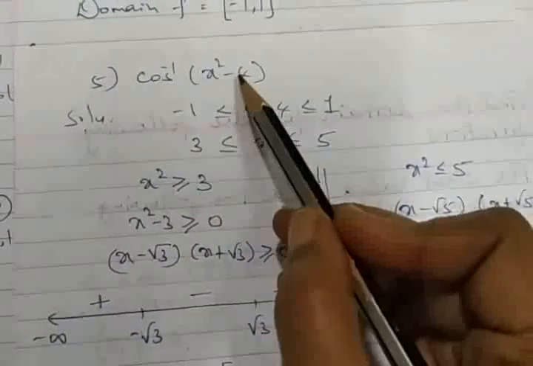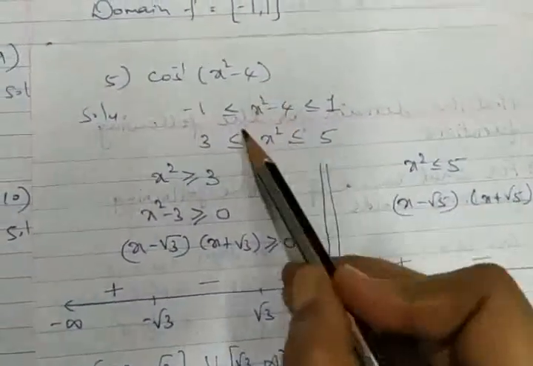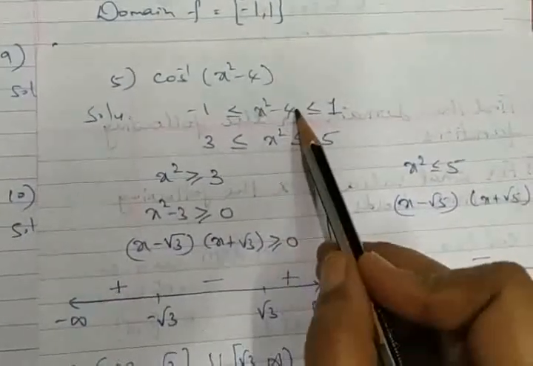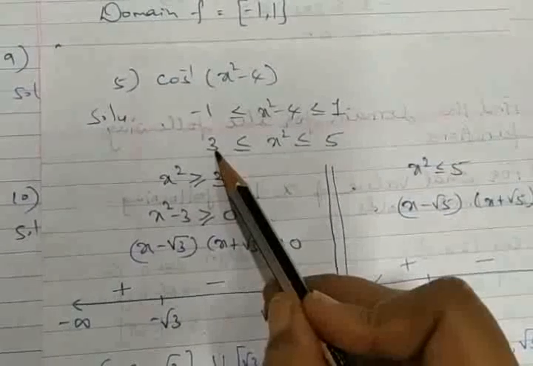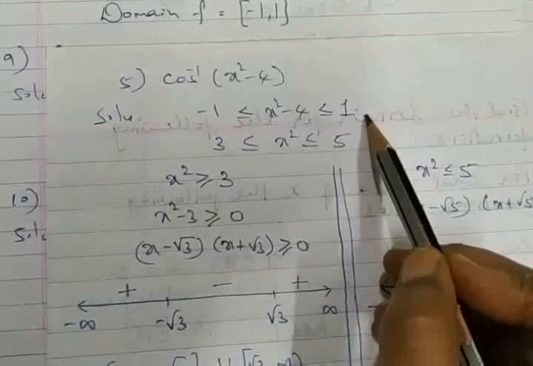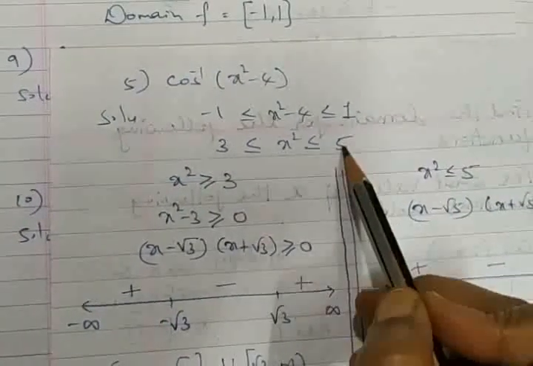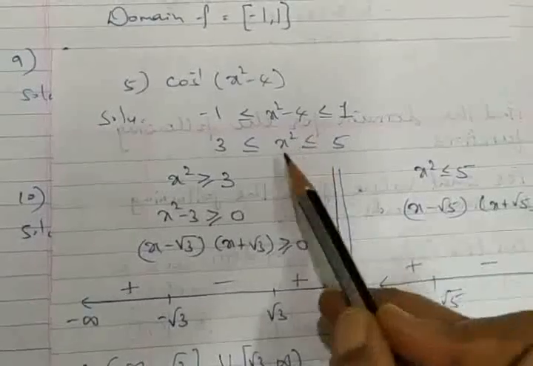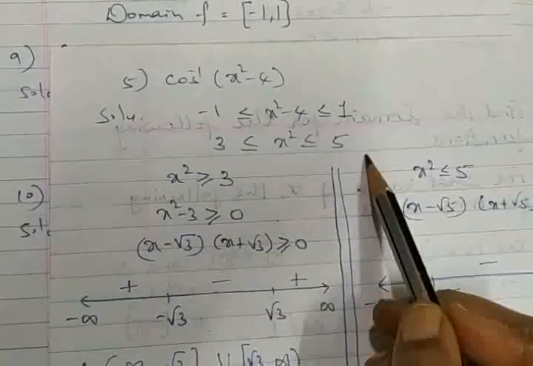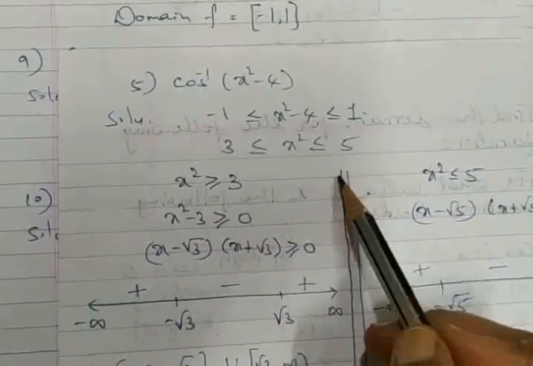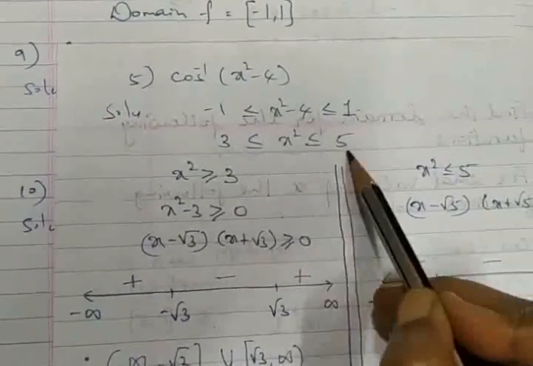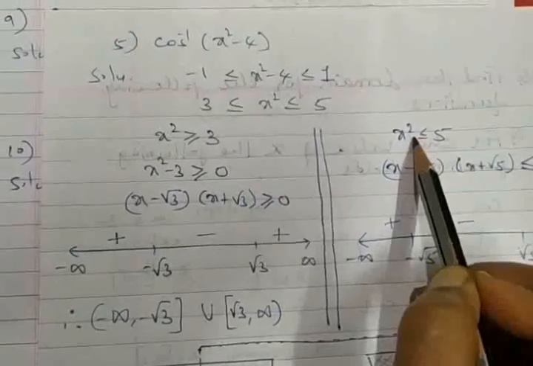Here we find cos inverse of x square minus 4. So for cos inverse we have minus 1 and plus 1. Minus 4 can be eliminated easily by adding plus 4 to all parts. So we are left with 3 and 5, and in between x square. Now when we have x square, obviously I can't take the square root at a stretch, because we will get plus or minus sign for every root. To balance this, we take one inequality separately and the other inequality separately, to speak about every factor.